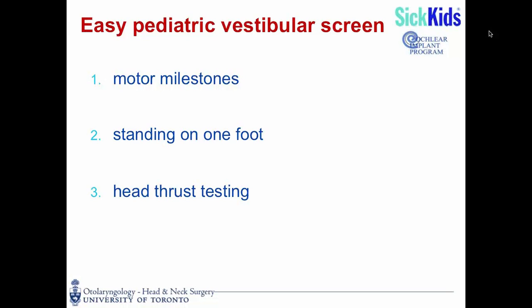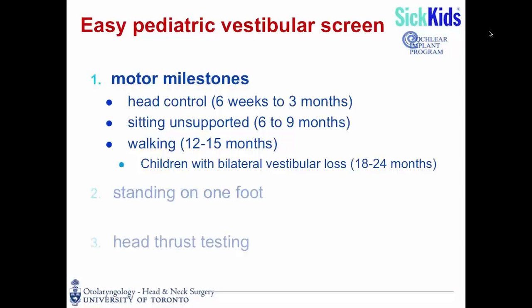So the first aspect of this includes a review of the motor milestones. And what we like to ask families about is head control. The range of normal for the development of head control is somewhere between 6 weeks and 3 months of age. Anything that falls outside of this will be considered grossly abnormal. The next thing we ask about is when the child sat unsupported. And again, a typical range would be between 6 and 9 months. And finally, and probably the most relevant, is the onset of walking, which should be somewhere between 12 and 15